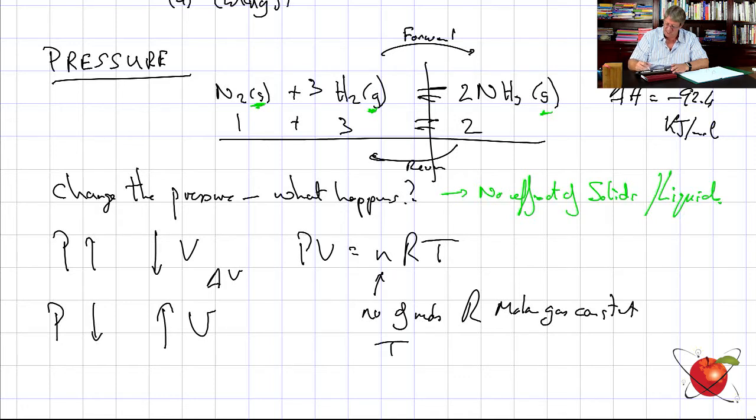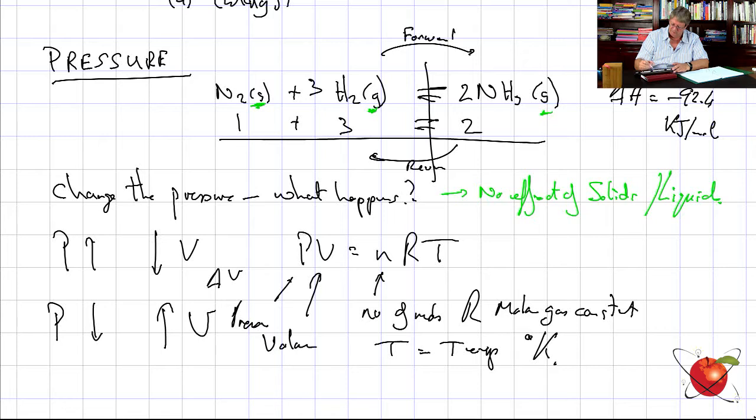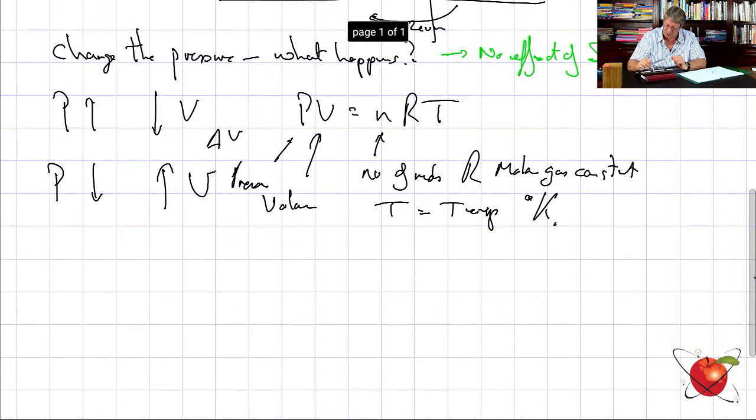T is equal to temperature in degrees Kelvin, correct? Pressure and volume are there. So therefore, I can say that my pressure